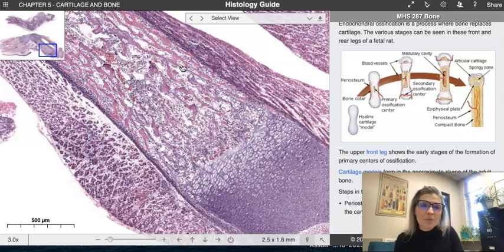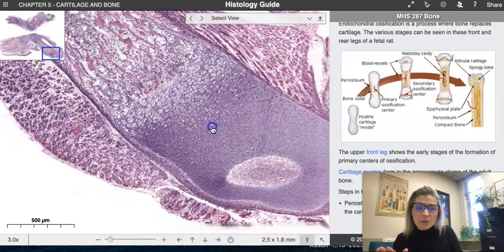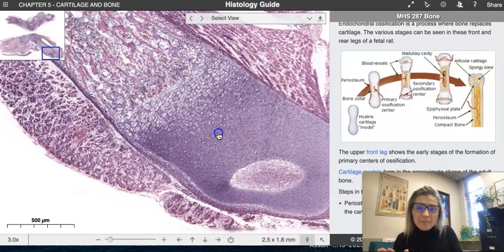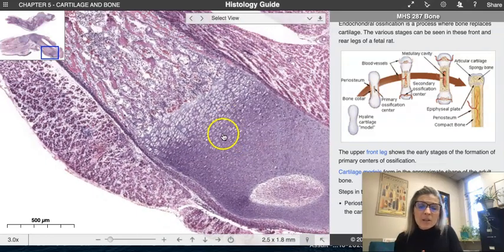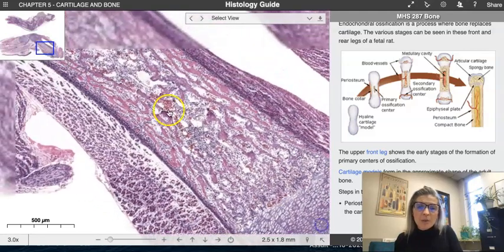It seems kind of counterproductive, like why wouldn't you just make osteons? But this is what we do. We make our spongy bone first, and then we remodel it into compact. Up here at the epiphysis, the secondary ossification location, this will just transition right into spongy bone, and it will remain spongy bone. What's also important to remember is that some of that cartilage is going to be retained,